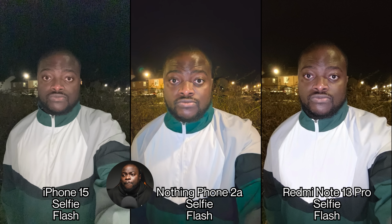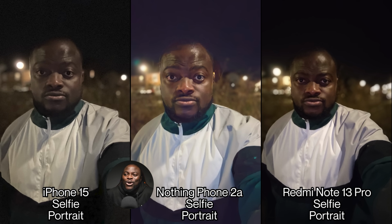Now, portrait mode on the low light selfie without night mode active. Actually, all of them do not have night mode ability on the selfie with portrait mode. But in this particular situation, yeah, so all of them struggle in some way, and it's hard to pick. I will definitely probably pick the Nothing Phone 2a more just because of exposure, so you can see more of the blur, but all of them do blur and, you know,